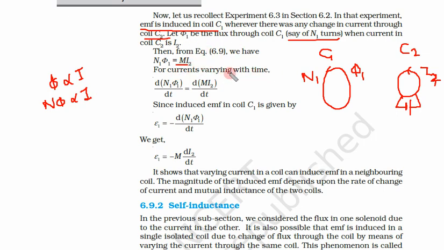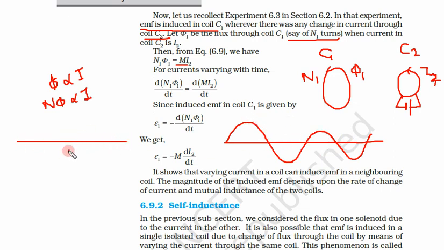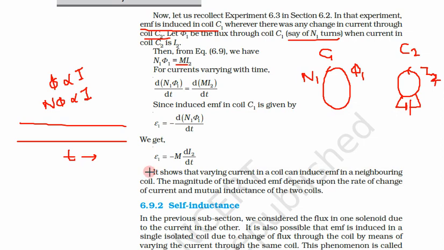Now for currents varying with time, how is this current varying? This current is not constant, but we are switching it off or switching it on. Another way of varying current is a sinusoidal current. If you see, as the time passes, this is also varying, this is not constant. Which type of currents are constant? Suppose this is the time and we have a DC current, so DC current is always constant, but an AC current is fluctuating with time. So AC current is a sine wave. So we have some kind of current that is varying with time, either AC current or we are switching it on or off.